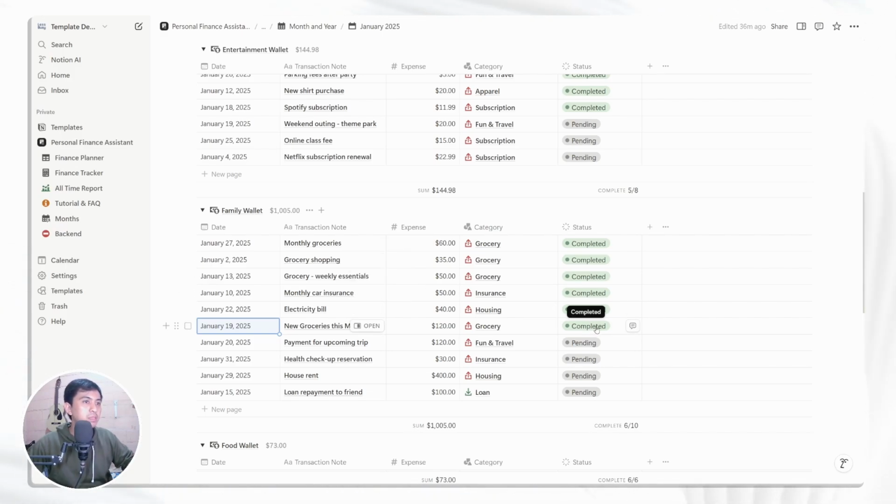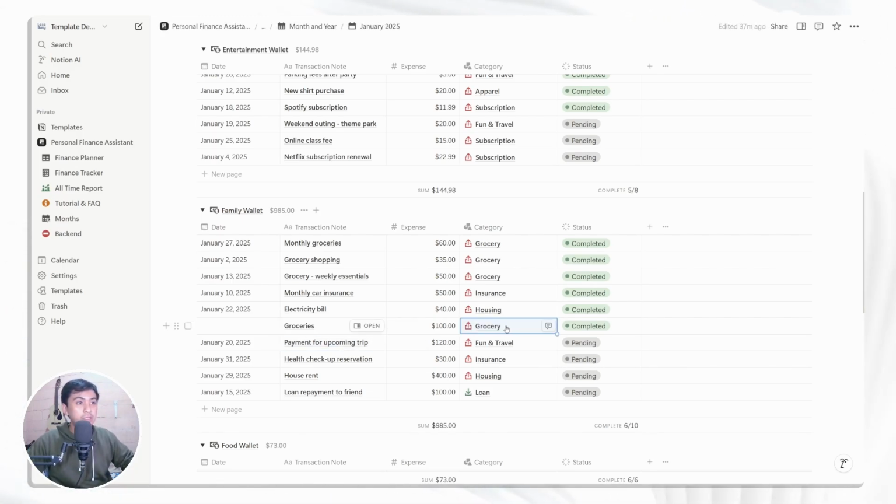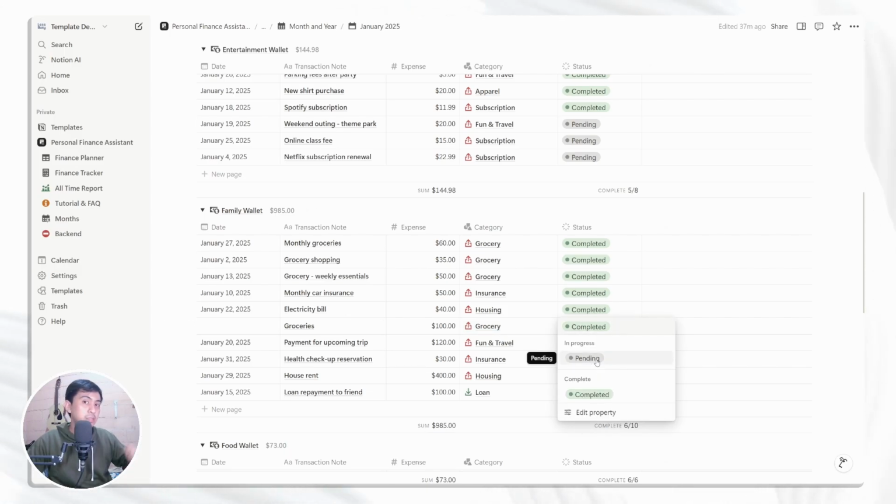But let's say you plan something and you don't have any date yet. Let's say you want to budget a new groceries for 100, and the category is still the same, but it's not completed yet because it's not done yet.